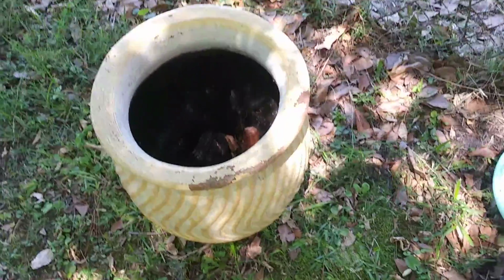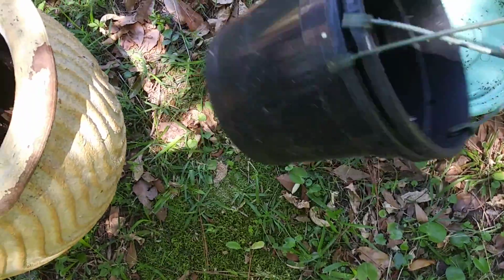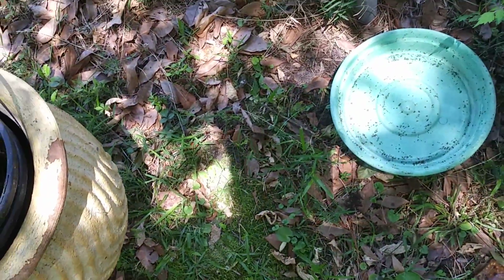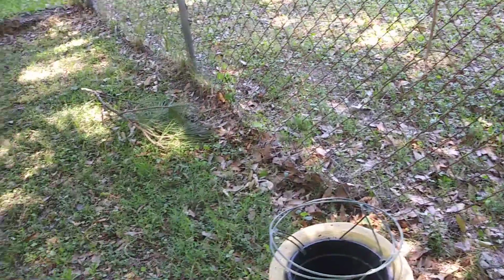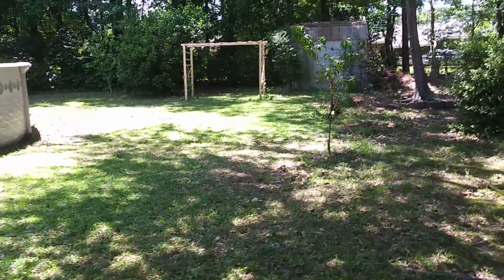It's a nice heavy one. It's pretty cool. This would probably be really nice for some smaller peppers or something. Alright, I'll come over and carry these out. Alright guys, so this is the fence line. And then that's about as far back as my backyard goes, right on the other side of the